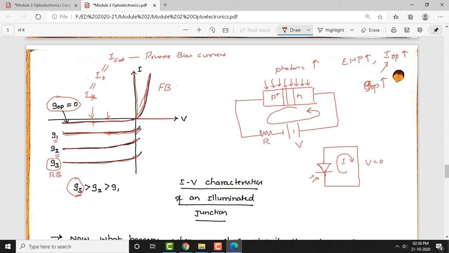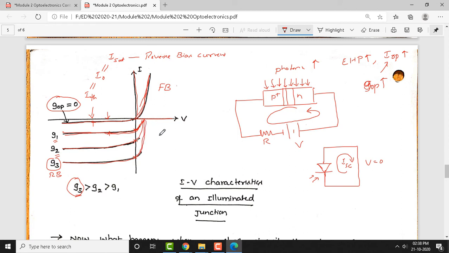Now these points can be identified by just short circuiting this. You will get the current called the short circuit current here. This is one possible combination. By short circuiting, you can estimate the current with voltage as 0, and if you extend these curves, they will go like this and meet the positive x axis like this.